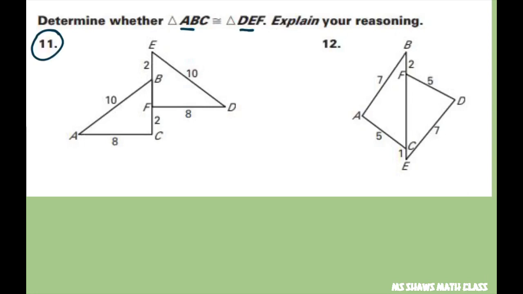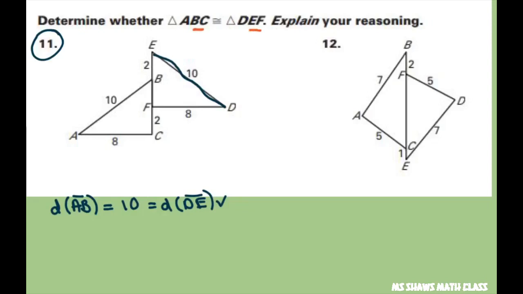So the distance of AB equals 10. And that should equal the distance of DE. So let's see what the distance of DE equals. DE is right here, and that also equals 10. So that checks. And now we have to check BC